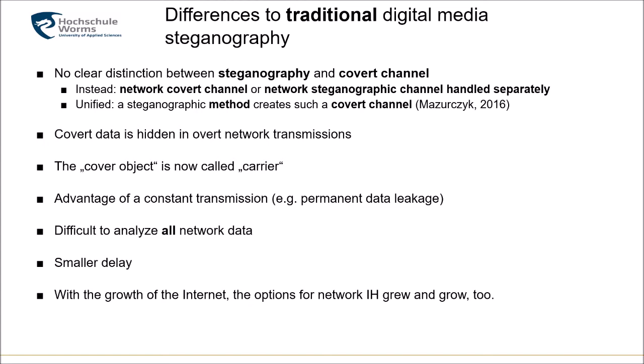Covert data is hidden in the overt network transmissions, and the cover object in network transmissions is the carrier. So the network packets, the frames, the datagrams, however you call it, depending on the layer. And the advantage is a constant transmission in comparison to, for instance, hiding data in one image. You transfer the image and then the transmission is done. But if you want to send more data, you need a new image. Here you just have a continuous flow of data if you want, and this allows permanent data leakage, for instance, which is also resulting in a higher threat in terms of